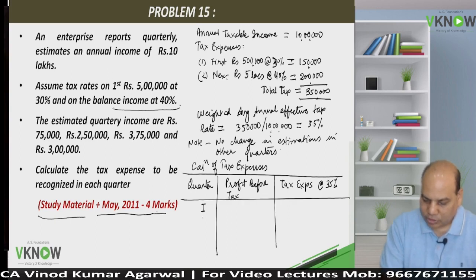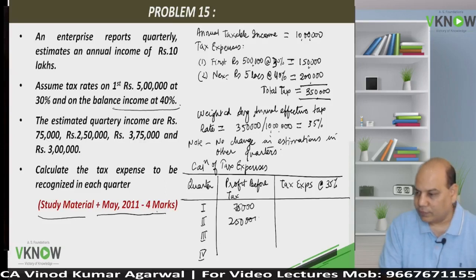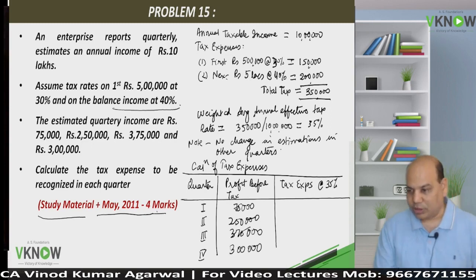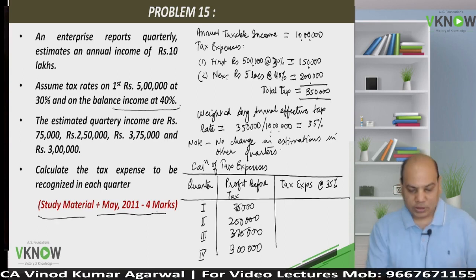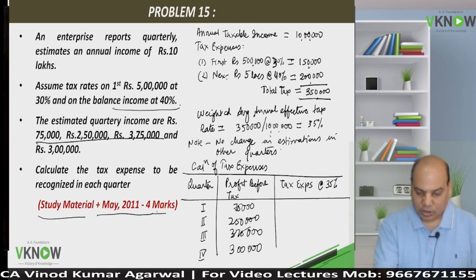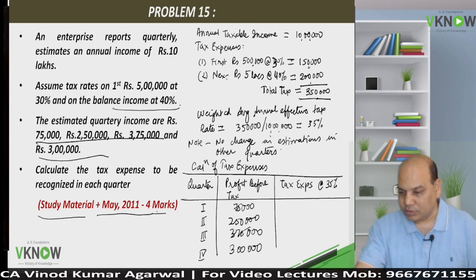So you have 4 quarters, and the income given is 75,000, 2,50,000, 3,75,000 and 3 lakh. Copy this income